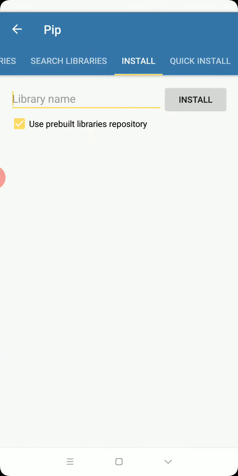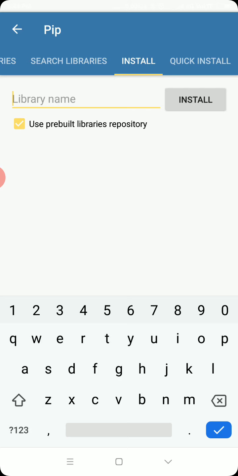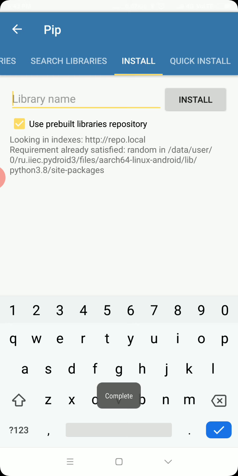When you select pip, it will ask which one to install. Suppose random, if it is already installed then it will show a message. Otherwise it installs. Here it is showing requirement already satisfied, meaning random is already installed. Actually we were using it, so random is installed here.